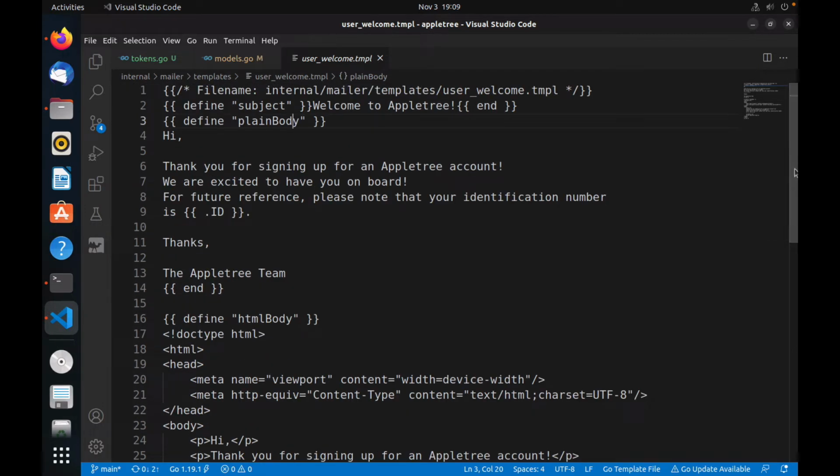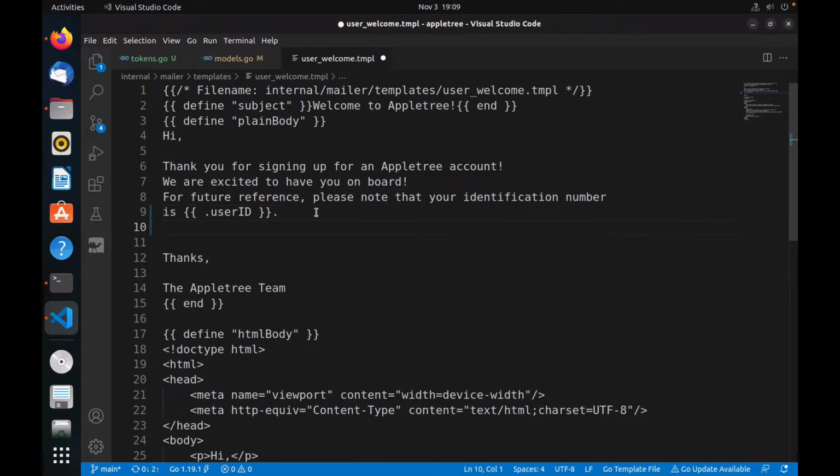And one thing I want to do, I don't want to call this ID anymore. I'll simply call this user ID. Okay, so we're going to call this user ID. Okay, so let's change this and let's simply say down here,